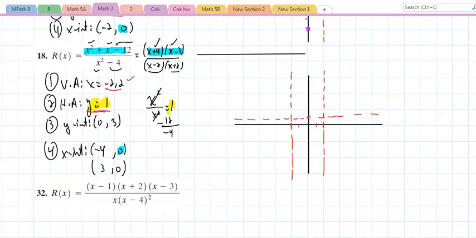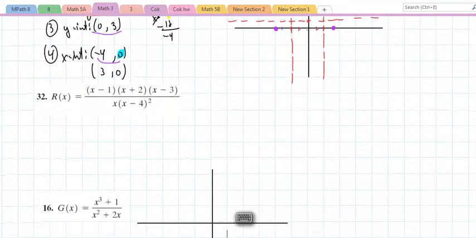I have intercepts. The graph crosses at 0, 3, negative 4, 0, and 3, 0. I just want to fix this a bit better. Okay, now,